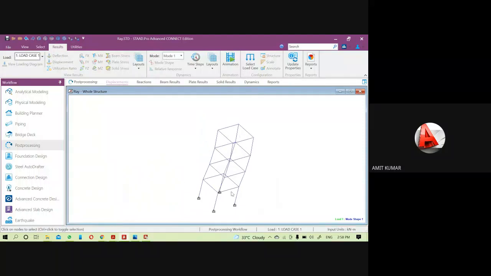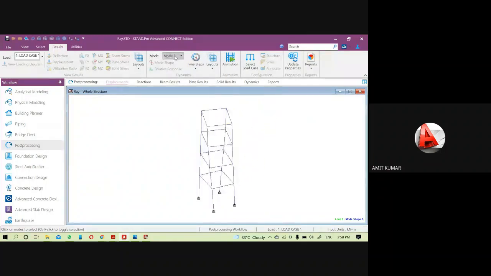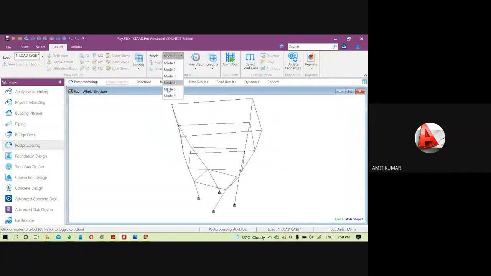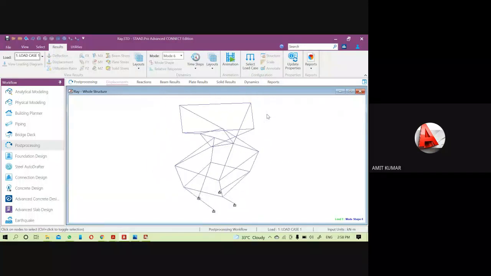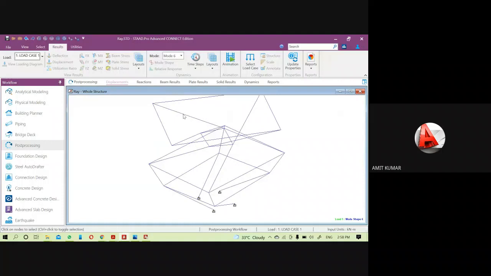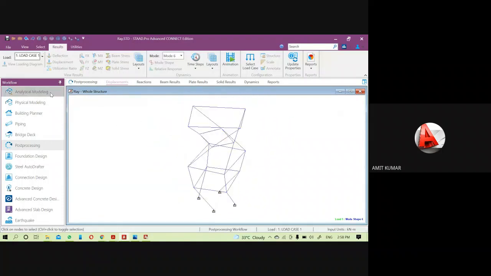So mode 1 is along the z-axis, mode 2 is along the x, mode 3 is the rotational motion. You can see it. That is the response of the structure due to the frequencies.